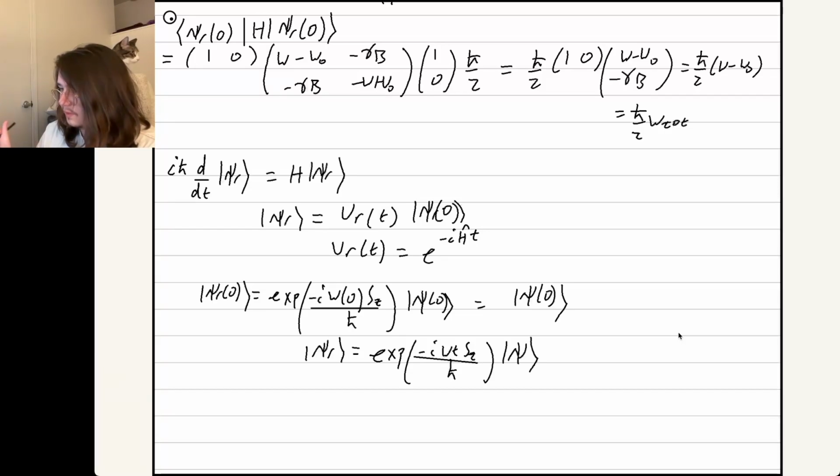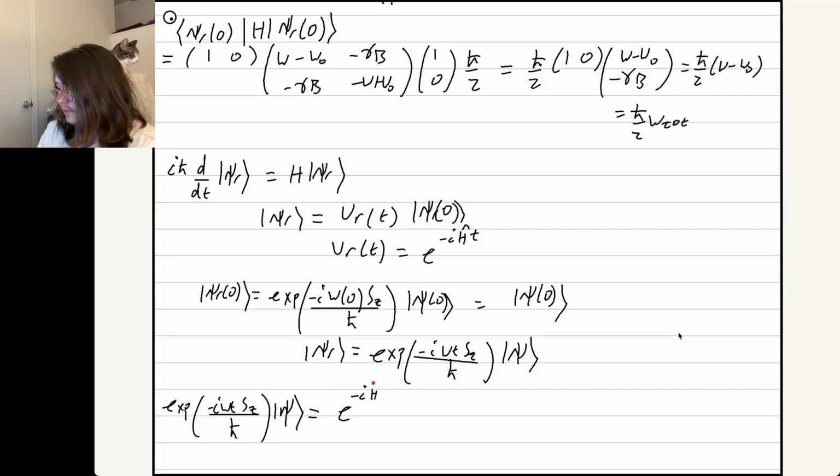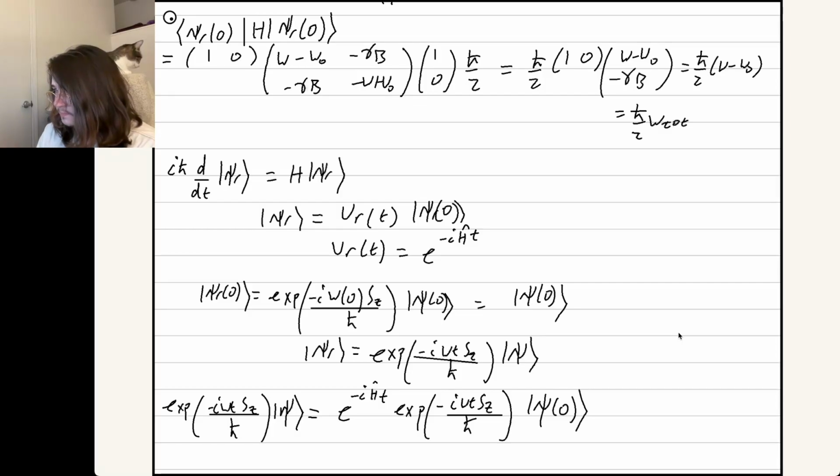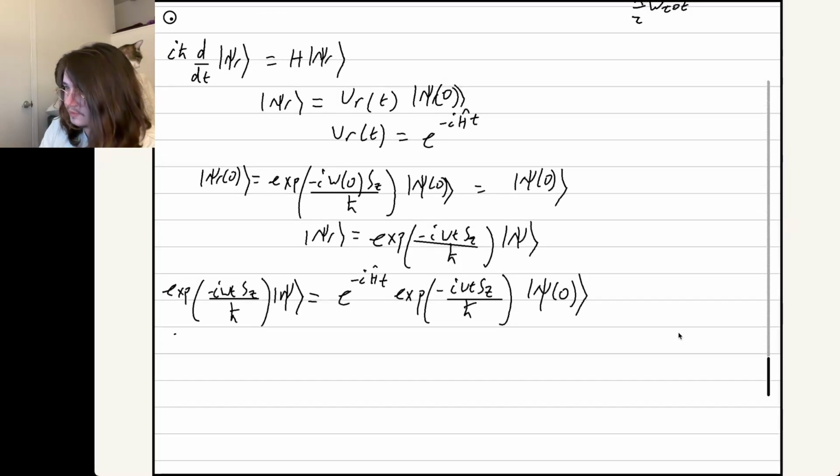So we can say that the rotator acting on the time-dependent state is equal to the propagator multiplied by the rotator acting on the initial state, which just means that the initial state is now just